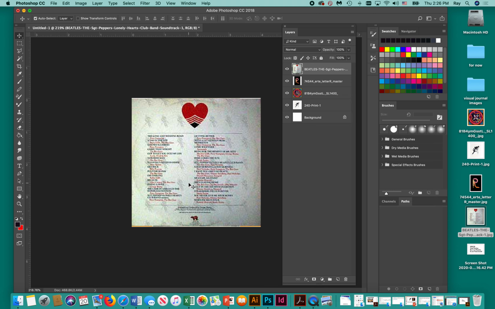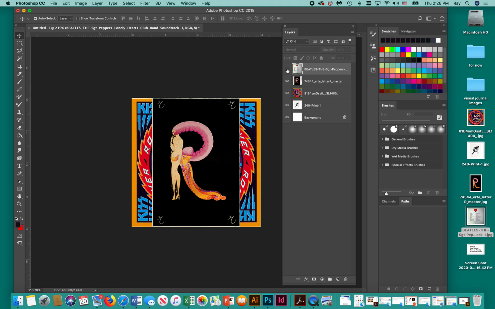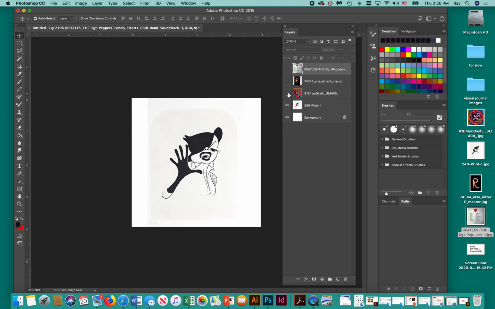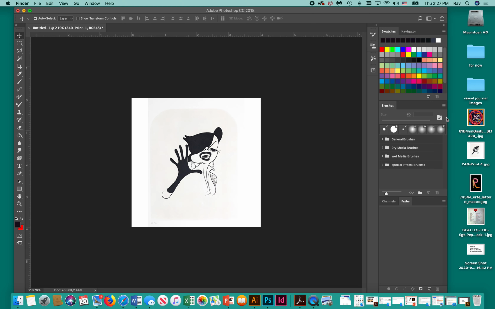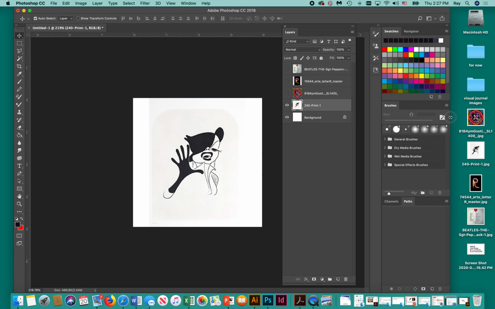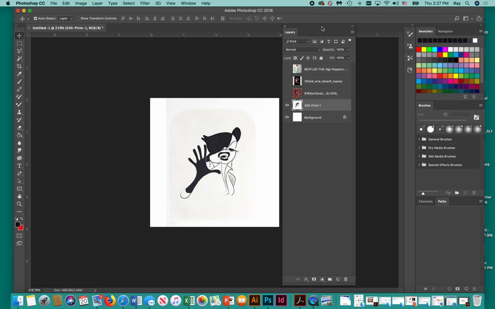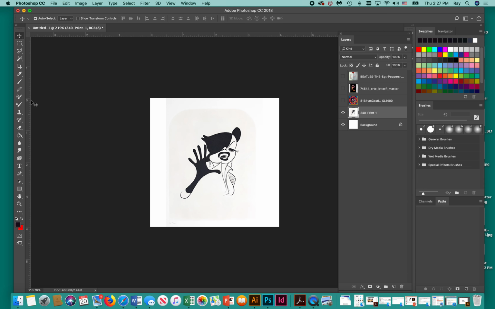Now we can work with each one of these layers separately, and like I said, we can turn off the eye, and you can see how one is in front of the other. And we're going to start with this one. Now, I think the image is fine in there. It may be a little too small, so I want to make it a little bit larger. I'm going to make my screen a little bit larger. There we go.